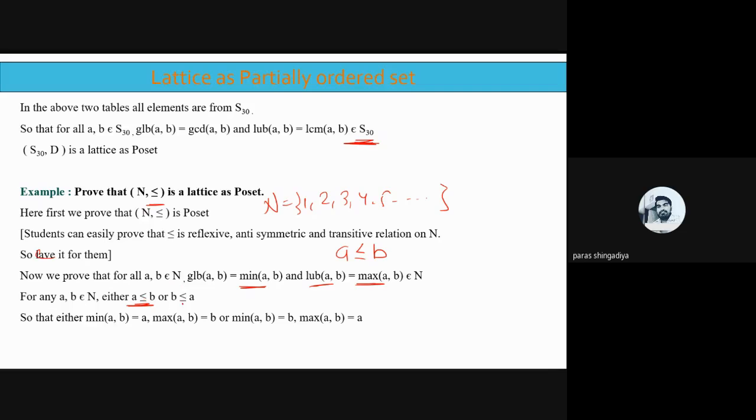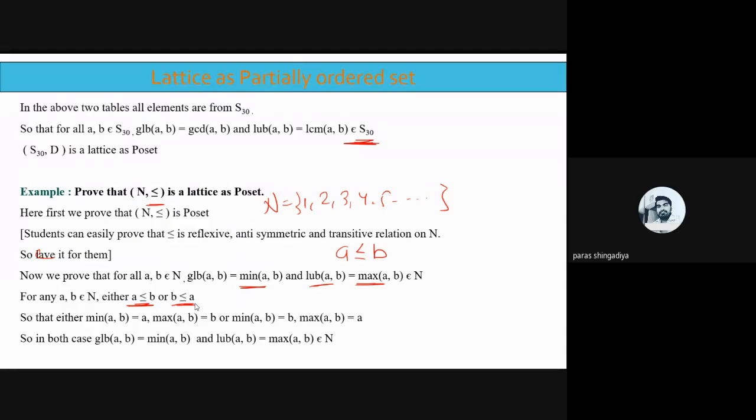And the second case, b less than or equal to a. Then what will be the minimum of a, b? b is now the smaller value, so the minimum of a, b will be b, and the maximum of a, b will be a. Any choice you can consider here. Any two numbers you can consider from the natural number line. Either you will get the minimum of a, b equal to a, otherwise b, and the maximum of a, b equal to b, otherwise a. Clear? It depends on the condition, whether a is less than or equal to b or b is less than or equal to a. So now observe this answer.